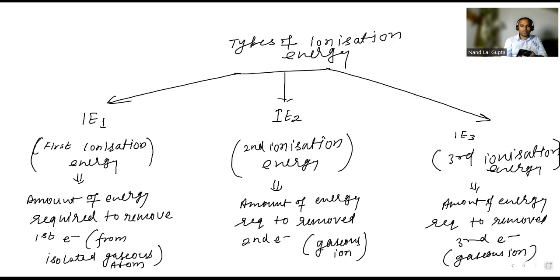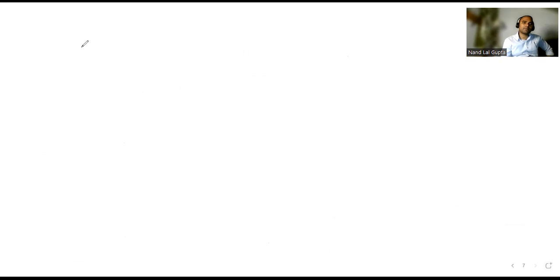Now we are taking the example. I am taking the example of aluminium. Aluminium has atomic number 13. If you talk about the configuration,